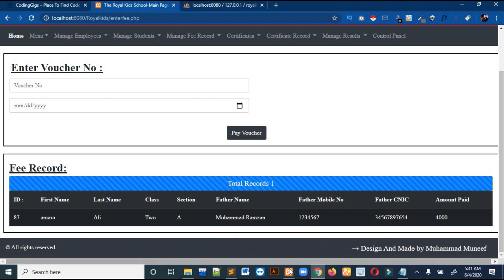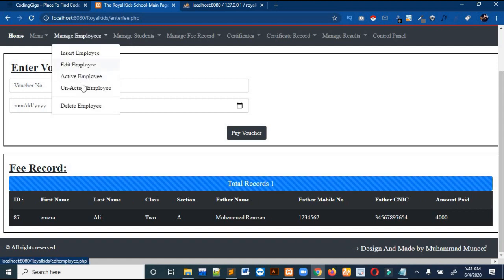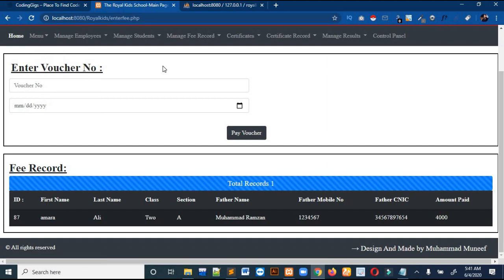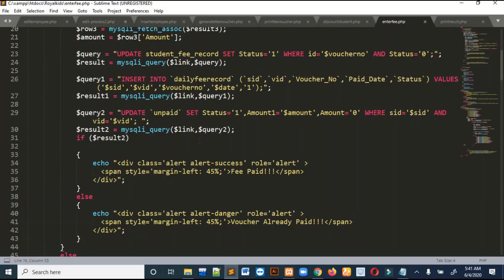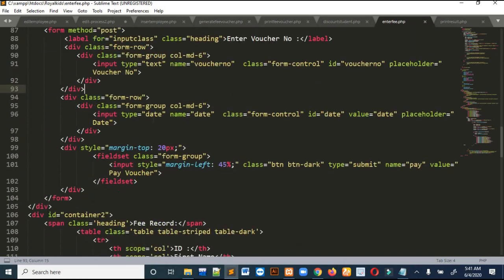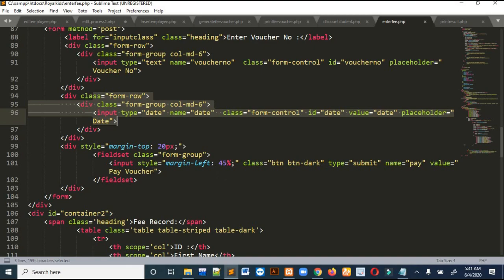Okay. I won't show you the code for displaying the record, as I have already shown you in the edit section, delete section, and all student section. So you can manage that, and if you have any question you can ask me. I will only show you how I am paying the voucher. So whenever the user enters the voucher number and date and clicks on the pay fees voucher button,